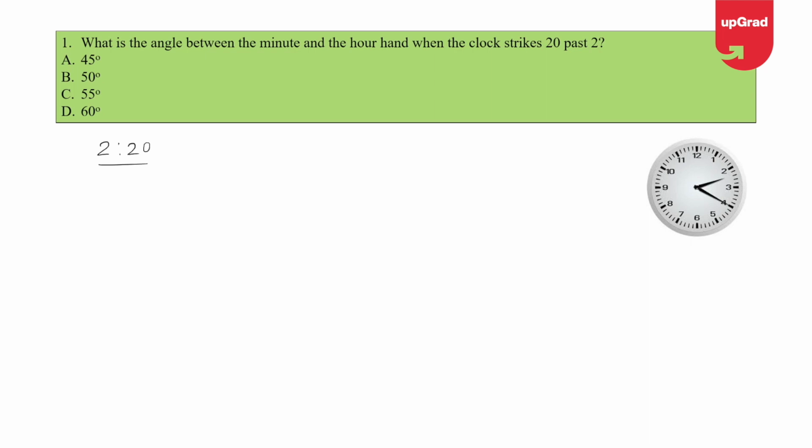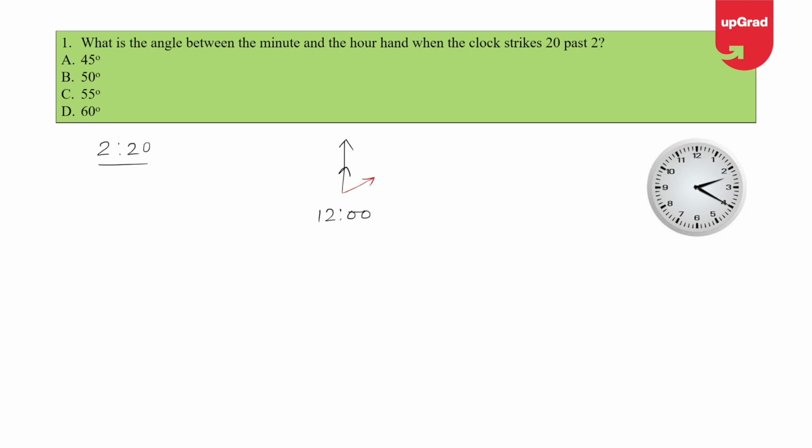Now what can I do? First of all, I'll try to explain to you the conventional method of solving this question, which is that we have to take a reference point. So what do I take as a reference? I assume 12 as the reference. This is how my 12 o'clock looks in an analog clock, wherein the hour hand and the minute hand are coinciding or intersecting each other. So from 12 to 2:20, what has happened? This hour hand has traveled. I'm going to use another color for it. This hour hand has actually traveled some angle.